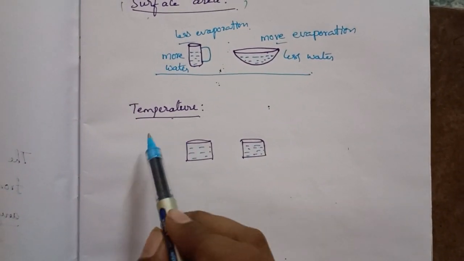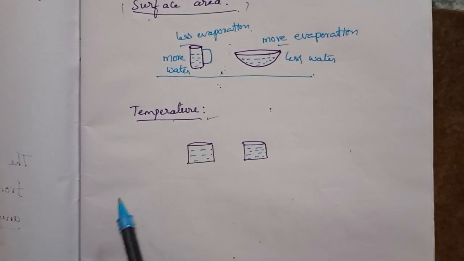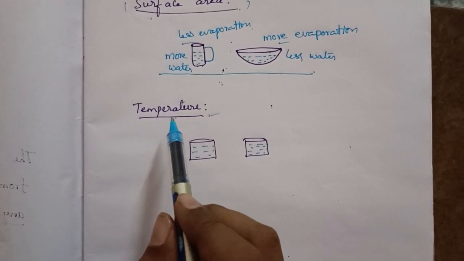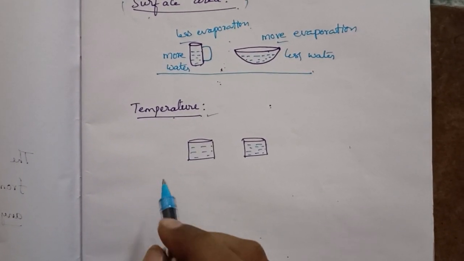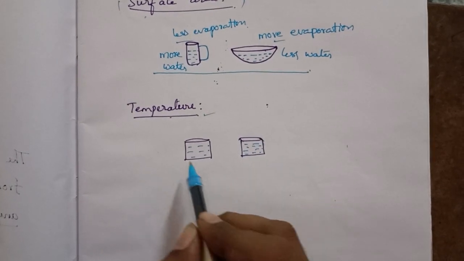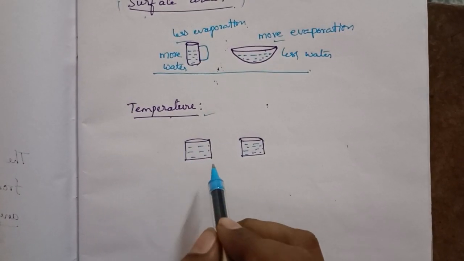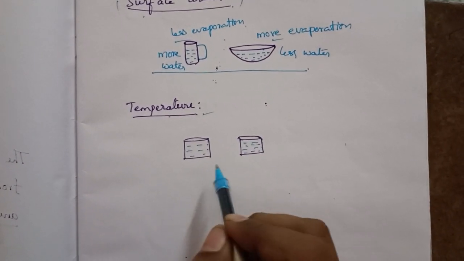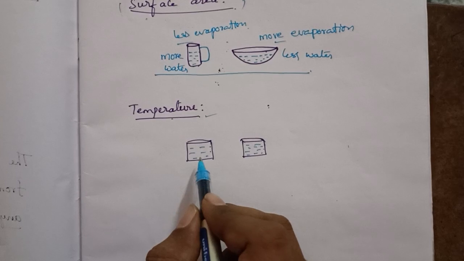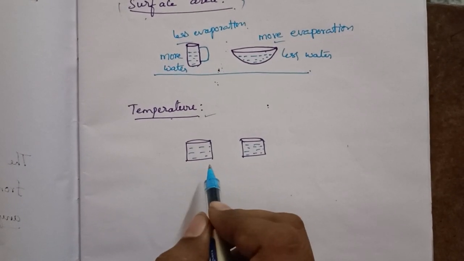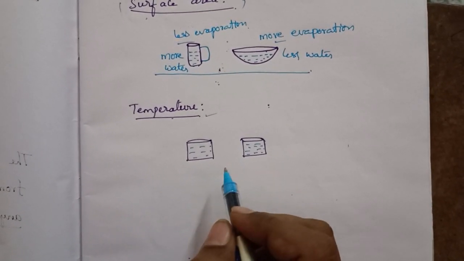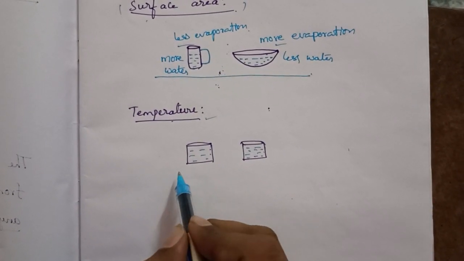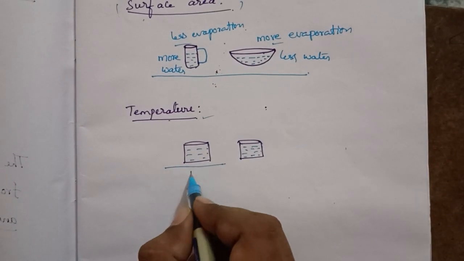Now the rate of evaporation depends on temperature. Write an activity to show that the rate of evaporation depends on temperature. We should take two identical vessels, which means the same shape and the same size. Both are filled with a liquid, either spirit or water, the same amount of liquid. One is placed in the hot place,